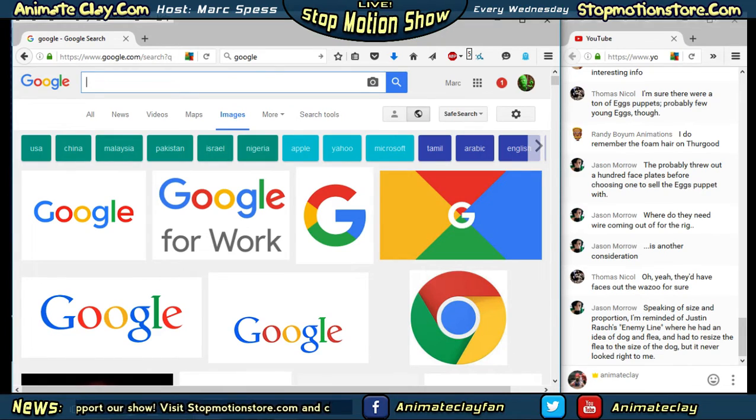And Jason also says, speaking of size and proportion, I'm reminded of Justin Rash's Enemy Line, where he had an idea of a dog and flea and had to resize the flea to the size of the dog, but it never looked right to me. Yeah, I think you might be referring to forced perspective. I'm not sure exactly what scene you're talking about in there. But yeah, there's so many things to consider. So anyways,